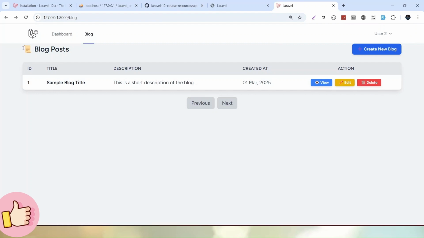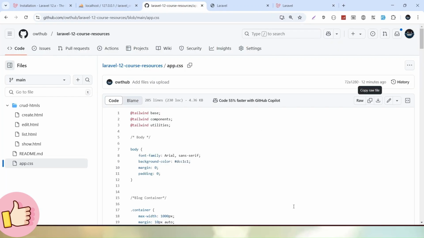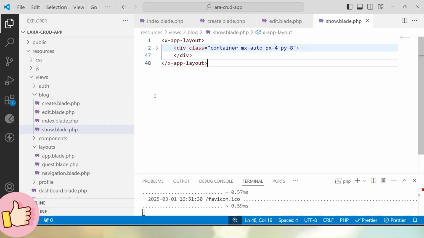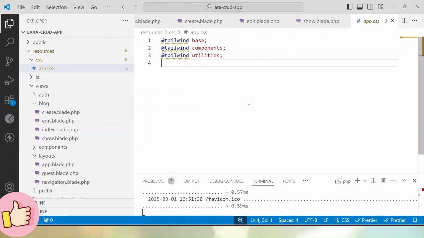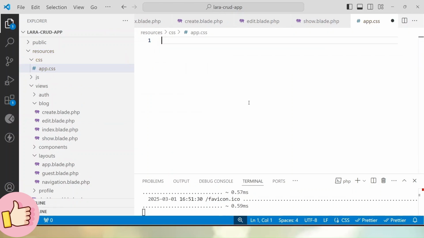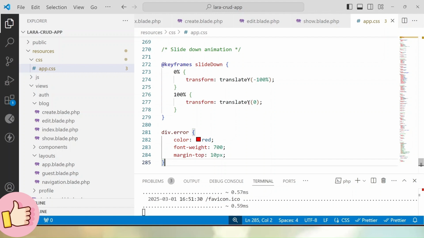As we can see, right now this is also distorted. So to fix that, here we have the CSS I have copied. Then I will go inside the resources folder, CSS folder. Let's open app.css. I will remove the existing 3 lines of code, paste this updated code, and also after